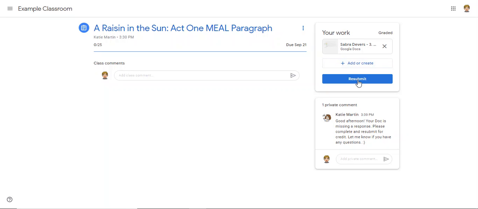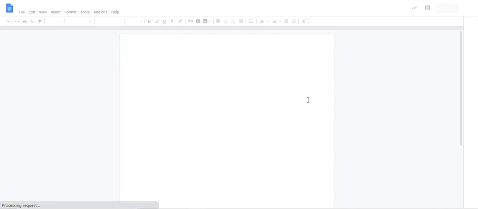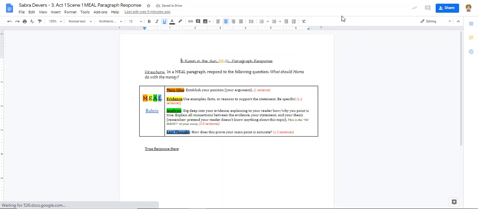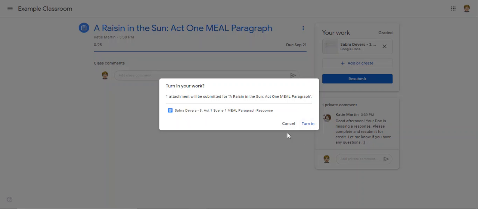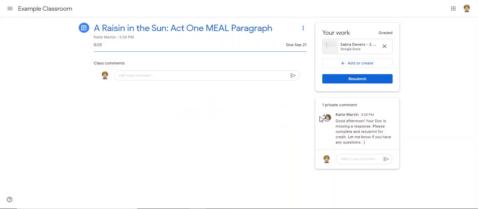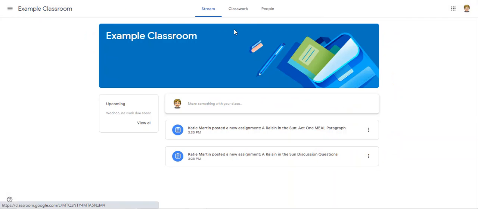So if I want to show she graded it, that means it was returned. And now there's a resubmit option. So now I can click on this document and you can see that the settings have now changed back to where I can edit and I'm able to turn it in again. So once you're ready, you can turn it in again after following the directions and it will be regraded and the teacher will be notified. So again, resubmitting is the same way as before. So you'll just click resubmit and then you'll click turn in again. In the example classroom,